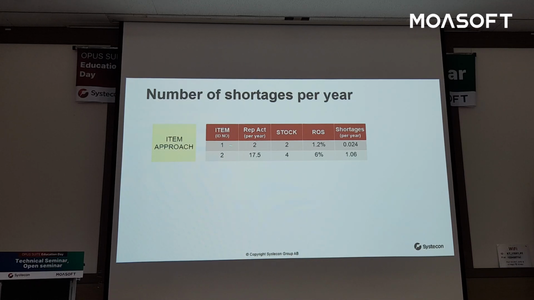So with the item approach, the number of repair actions per year is 2 for item 1, and it's 17.5 for item 2. The number of repair actions comes from the failure rate, so it doesn't change with the stock size. So that's constant. It's independent of the number we have in the stock. Okay, with the item approach, we suggested 2 and 4, with a risk of shortage of 1.2%, and